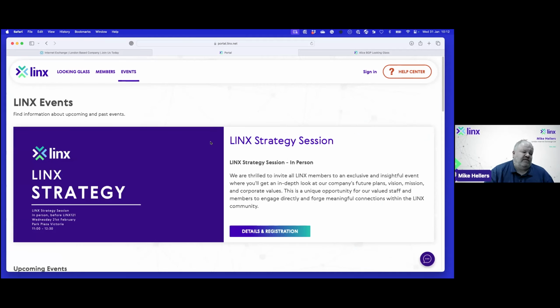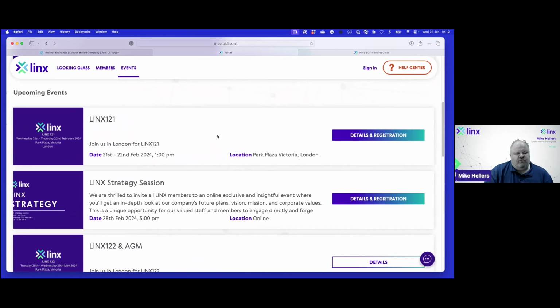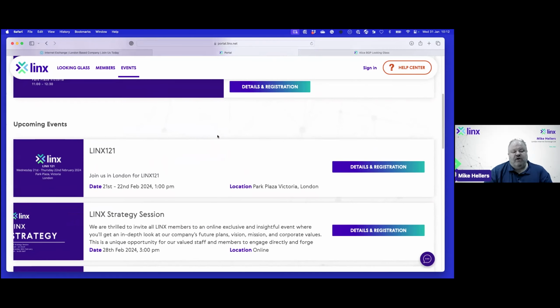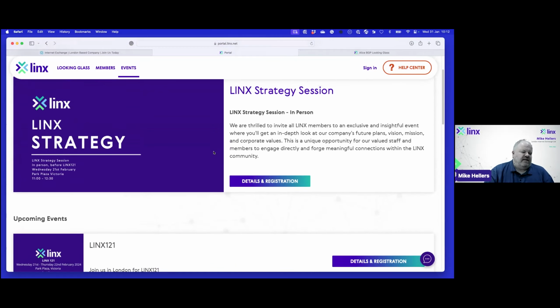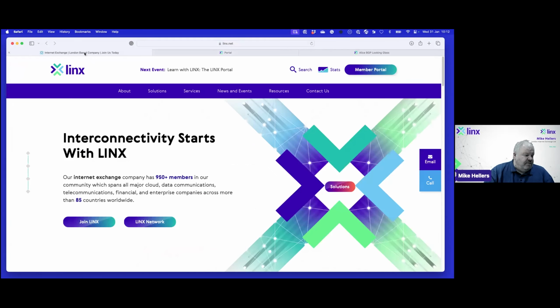You also have access to the events area. The main reason why these are in the portal is that most of our events are obviously for our members. There are other events, like this one, which are public, but the large majority of our events are for our members only, and as such, the registration is done through the portal. All of our members will have a portal login to use, hopefully already, which probably brings me back to